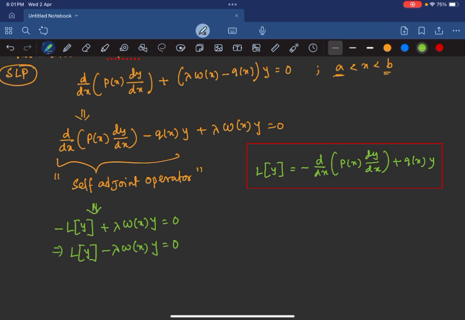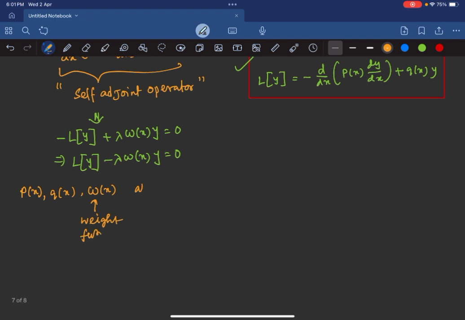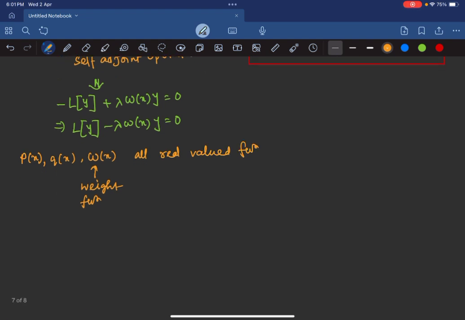Now this is the standard form of SLP, the Sturm-Liouville problem, where we have this part as the self-adjoint operator. Now let me introduce a few notions regarding these functions: this p(x) function, q(x) function, and omega(x) function, which is known as the weight function. These functions are all real valued functions, and this omega(x),